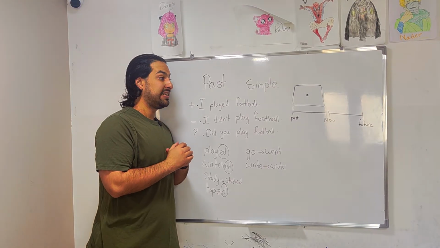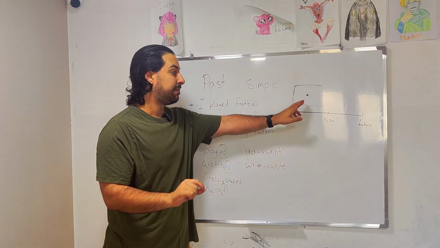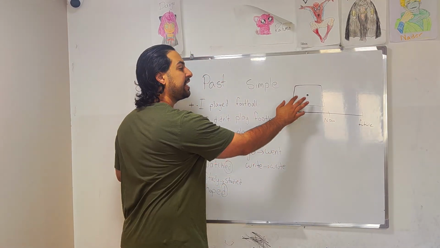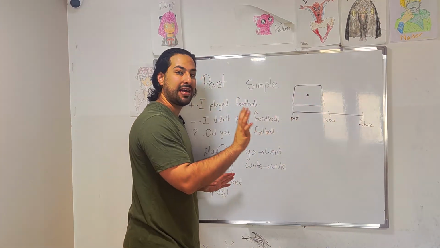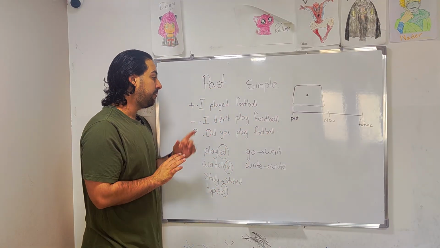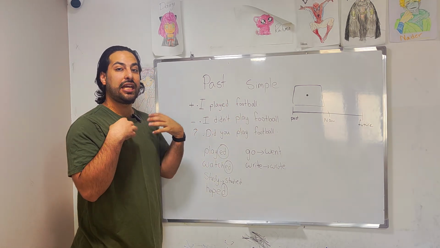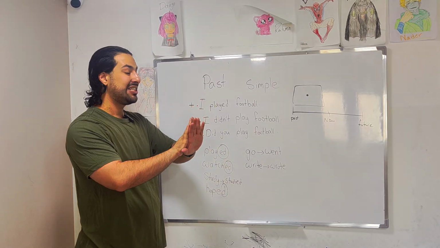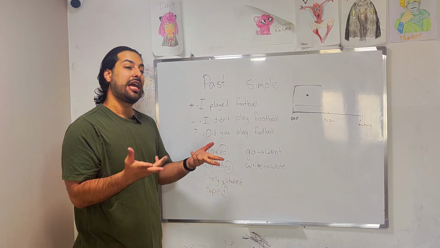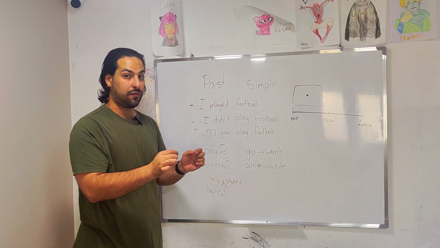The past simple is used to talk about things in the past that happened at a certain point in the past and ended. So this is past, now, and future. Any point here is in the past simple, or we use the past simple to talk about it. For example, for positive, I played football. It's the same for I, he, she, they, we. It's all the same. So I played football, he played football, they played football. They're all the same. We just use the verb in the past form.